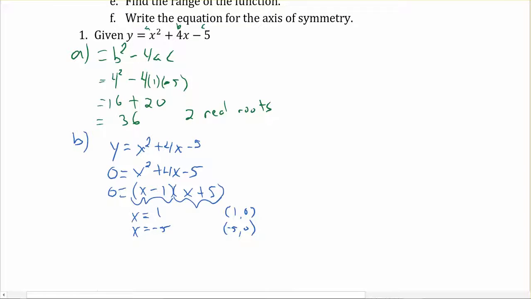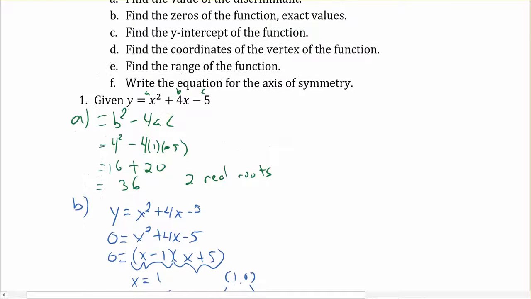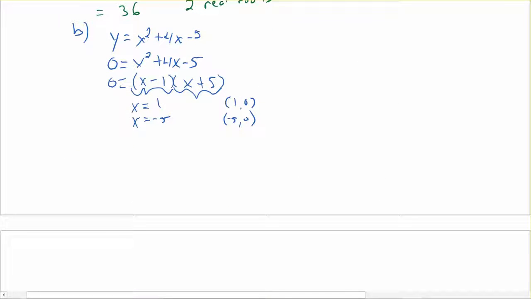Okay, moving on to the next one. C, find the y-intercept of the function. This one's pretty straightforward. Like I was saying, if you go up to the top, our standard form is ideal, because I know that c is just equal to my y-intercept. So another way of writing that though would be